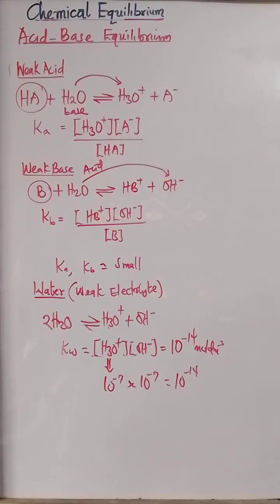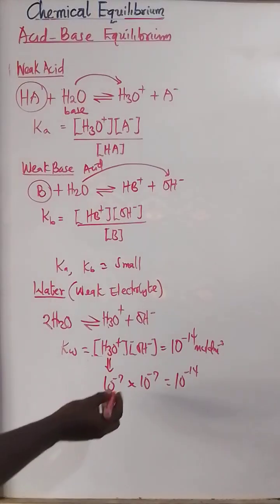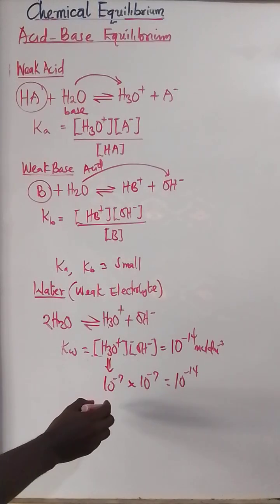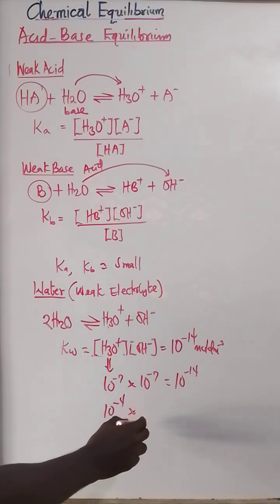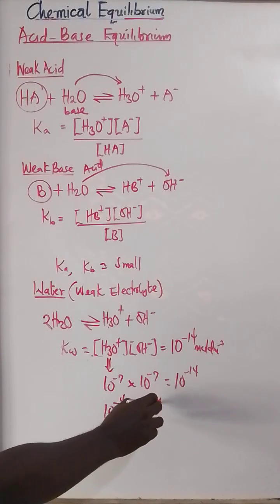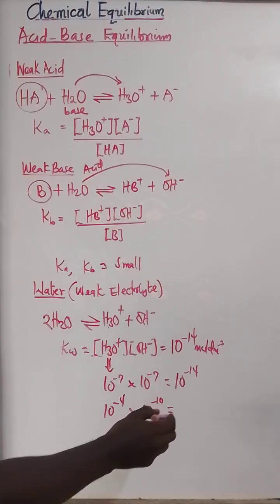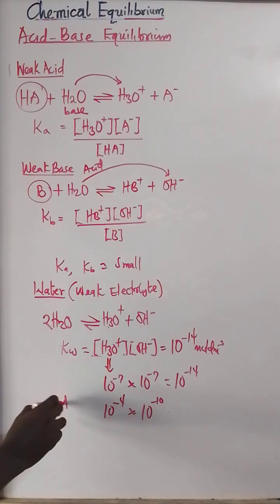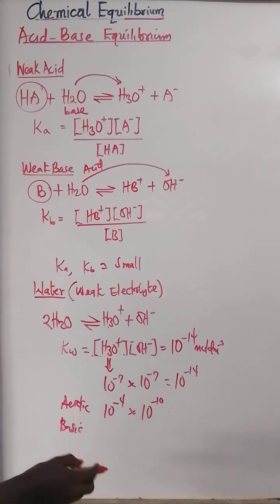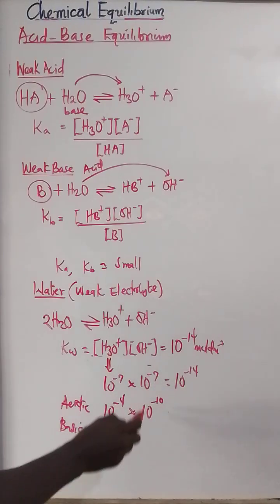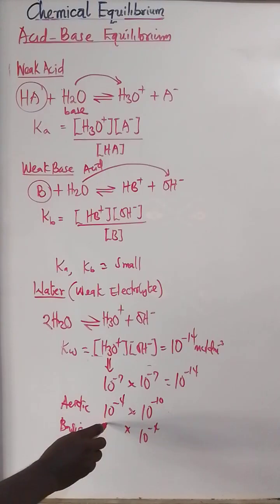A solution will be acidic if the concentration of the hydroxide ion is smaller than that of the hydrogen ion. So the power here can be, let's say, 10 to the power of minus 4, and to retain the product this would be 10 to the power of minus 10. So this value is higher than this value, and this particular solution is acidic. And it's going to be basic if the concentration of the hydrogen ion is smaller than that of the hydroxide ion. So this can be 10 to the power of, let's say, minus 4, and this is 10 to the power of